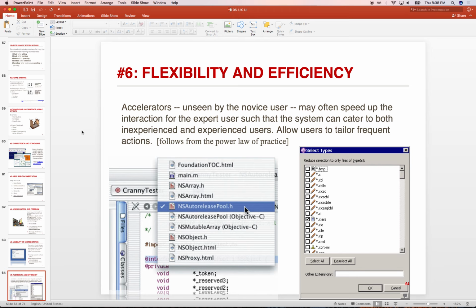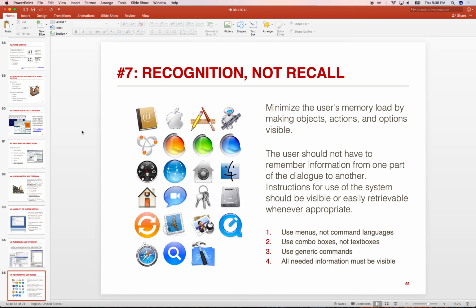So we might have created this very sophisticated way of creating the query, but maybe we can save it, and the next time it could be a shortcut that you can click on to automate some of these tools. So certainly be able to be flexible and increase the efficiency over time, and also provide a means for that.